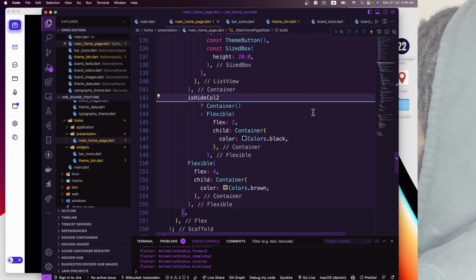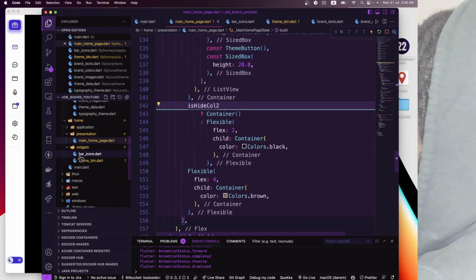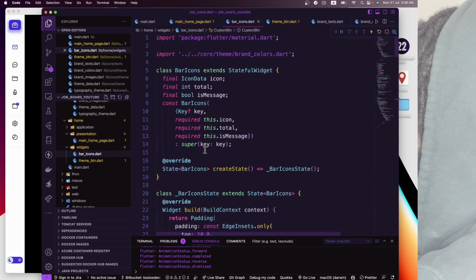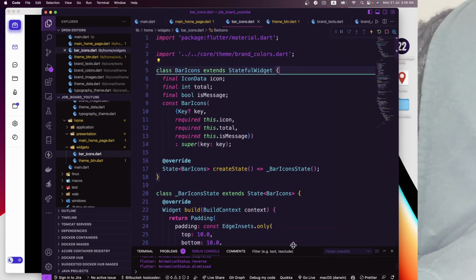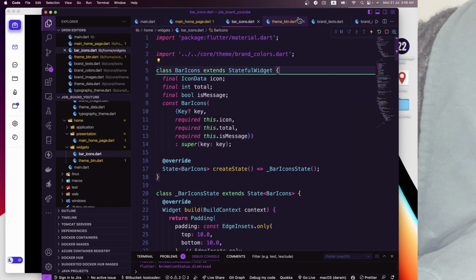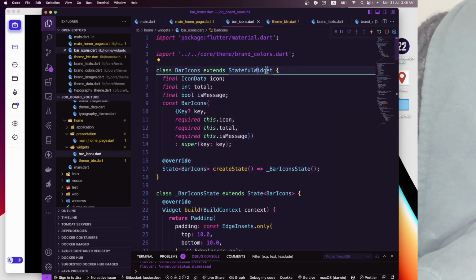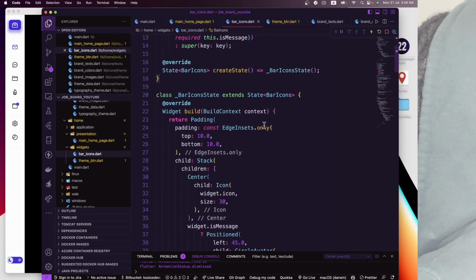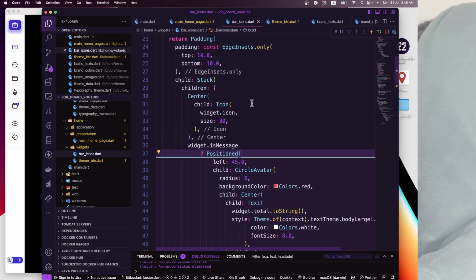So this is basically what we are looking to achieve. We achieved the sidebar, but let's go ahead and explain the code for this sidebar. First, we have something called bar icons. What is bar icons? If you go into the bar icons widget file, this is basically what it's going to look like. You have the bar icons, which is a stateful widget, and in there is going to contain